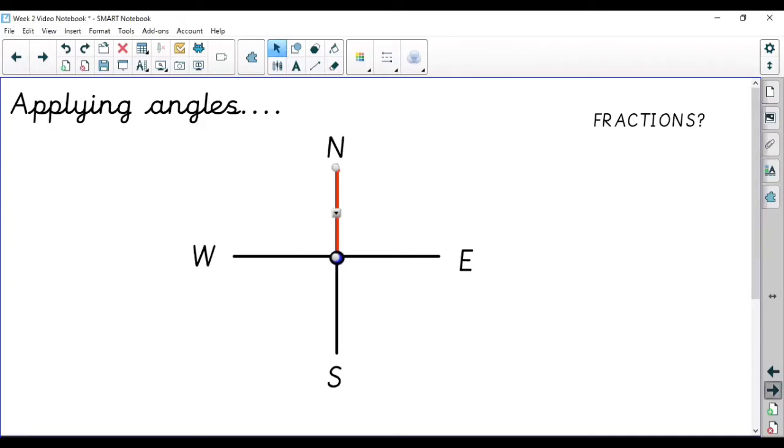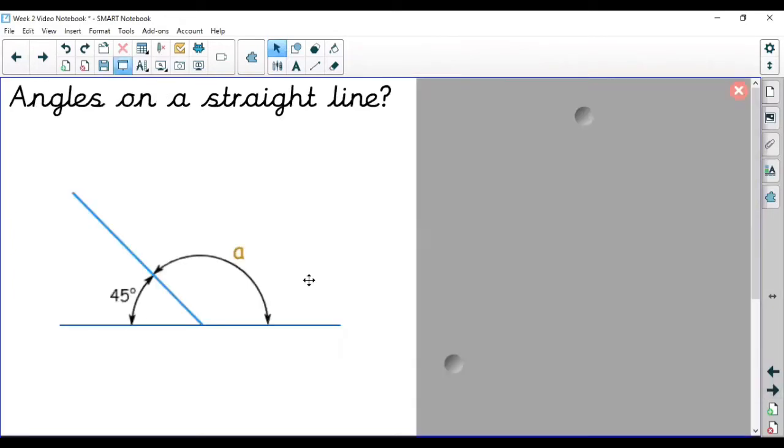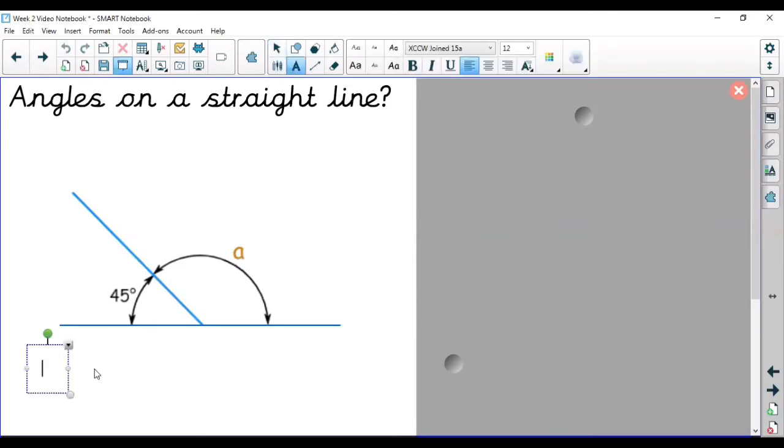Now we're going to move slightly on, and this is what you will come on to at some point during the week, working with angles on a straight line. Now remember what I said earlier, angles on a straight line equal 180 degrees. So this is my straight line. I have an angle here and I have an angle here. Now at the moment I have a missing angle, so I can treat this as a missing number problem. So it would become